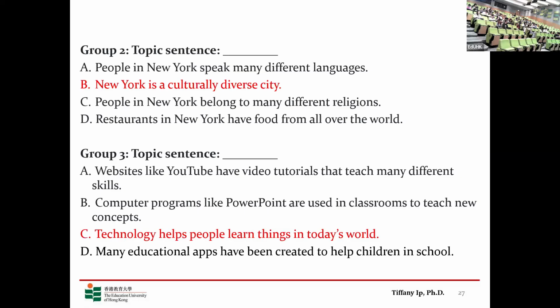children learning at school, right? One thing I want to highlight, okay, so this exercise is for you to understand what is a topic sentence and what are the supporting details. If you are to write a topic sentence in the academic setting, do not use the word things. Yeah, so remember what I've mentioned here. So just put a bracket for the word things. You can simply say technology helps people learn. Yeah, it's good enough.